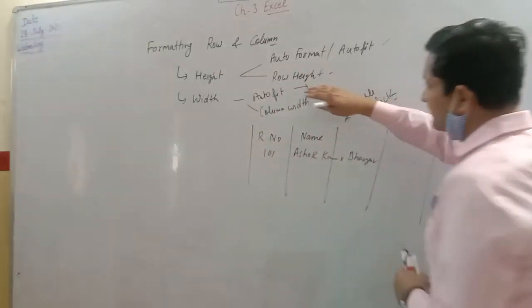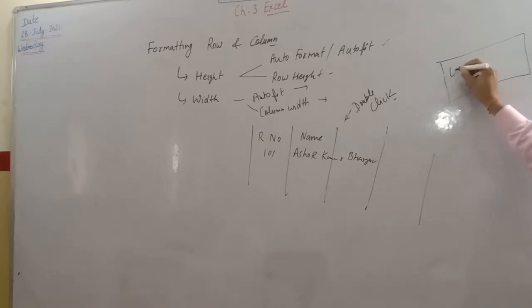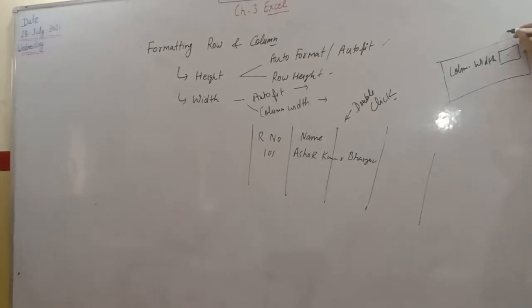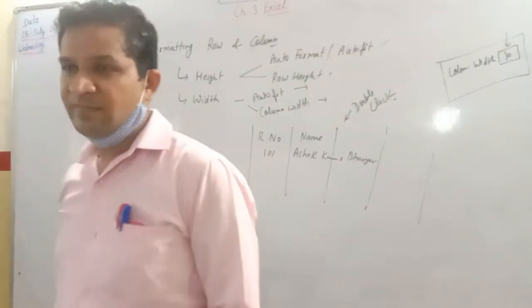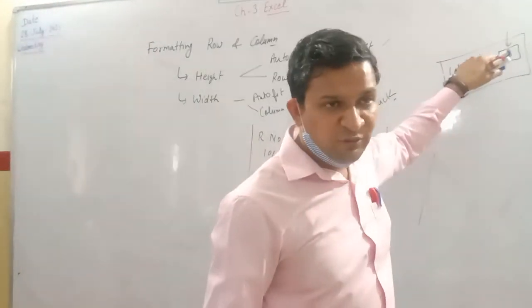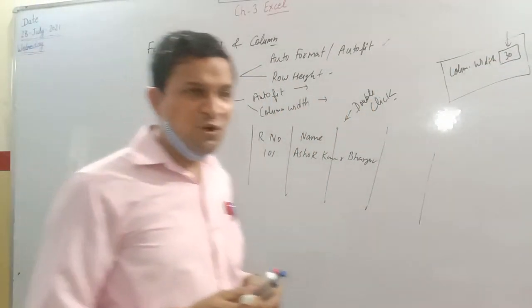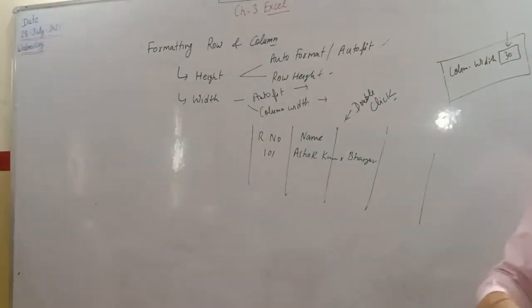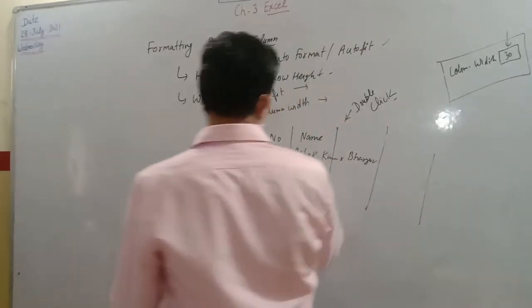And what is column width? In that you can give any value. When you click on column width, it will open a new dialog box. You have to enter the column width. It will ask for a value like 30, 45, 20, whatever you want to give, and it will be applied. Automatic adjustment is the option of auto fit, and as per user requirement, it is the option of row height or column width. The same applies for rows.